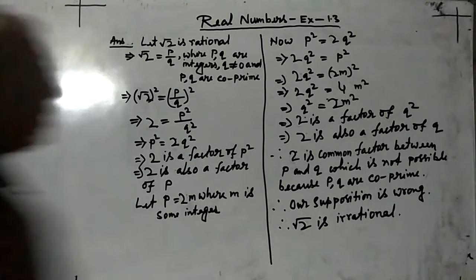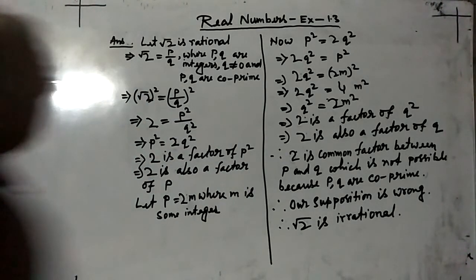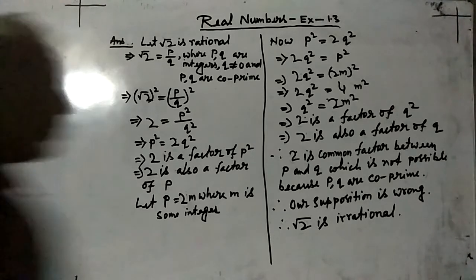Similarly, in the question sheet, prove that root 3 is irrational. In a similar way, out of root 2, root 3 and root 5, if you learn any one, then you can write any of them. And if you observe the 10 years question papers, almost 80 to 90% of the time these questions came in board examinations, right?